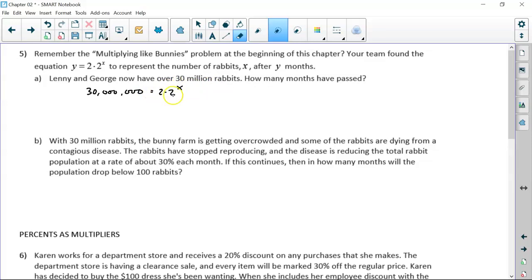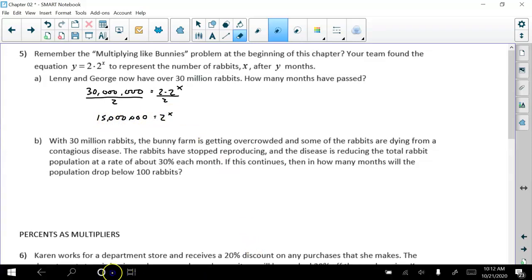So what we could do is divide both sides by 2 because we need to solve for x, the number of months. So 15 million equals 2 to the x. We're going to do a guess and check again. So if I pull up my calculator,